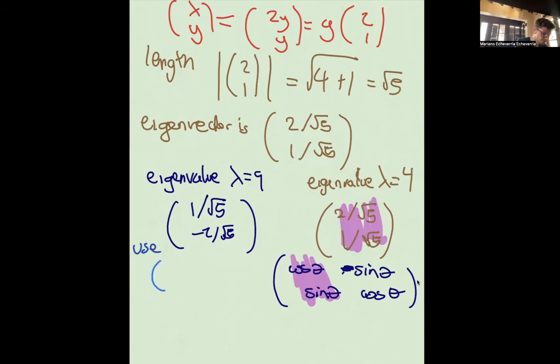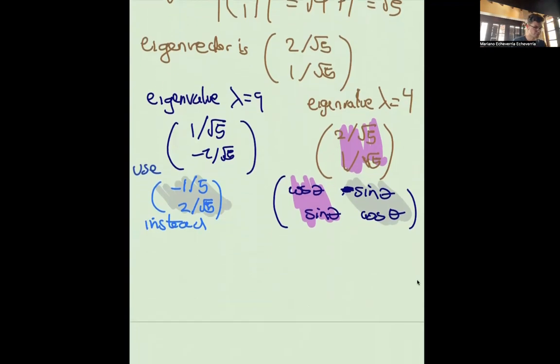Use minus 1 over root of 5, 2 over root of 5 instead. So you're allowed not only to rescale them, you're also allowed to multiply them by minus 1 if needed. The advantage of doing that is that now this column matches, and this is a good example because of that. So this column matches this one. Not only can you rescale them so that they have length 1, you can multiply each entry by minus 1 so that the signs coincide. Okay, so the rotation matrix is going to be